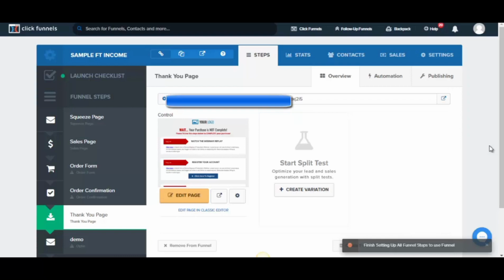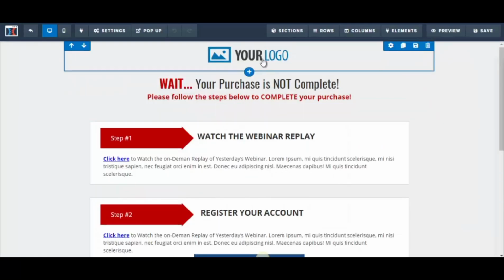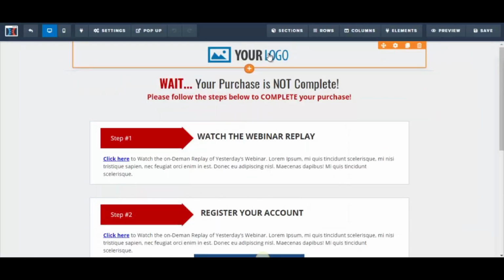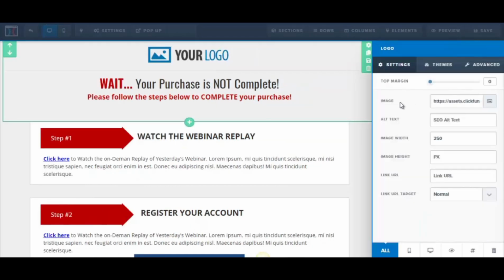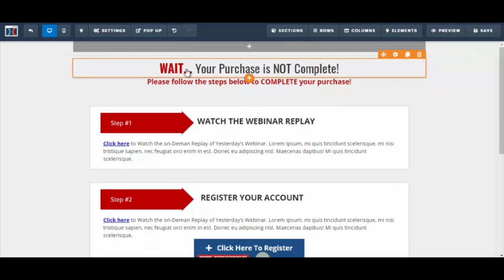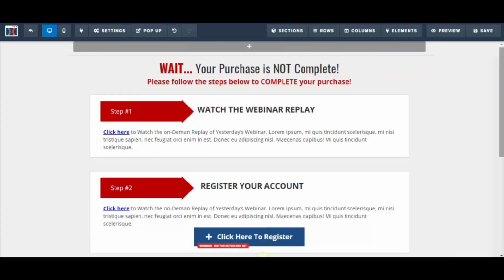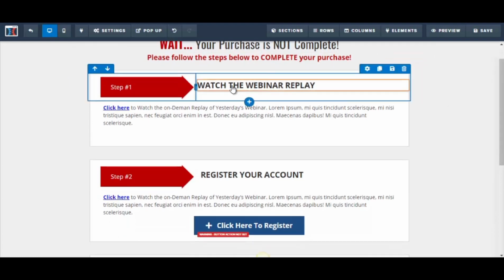Now that we've chosen our template for the thank you page, let's go ahead and edit the page. Okay, let's start from the top here. You could insert a logo here if you have one. So you could just click here and you could just upload your image here. But for now, I'm going to delete this since we don't have a logo. So it says here, wait, your purchase is not complete. Please follow the steps below to complete your purchase. So usually what I would do, step one,